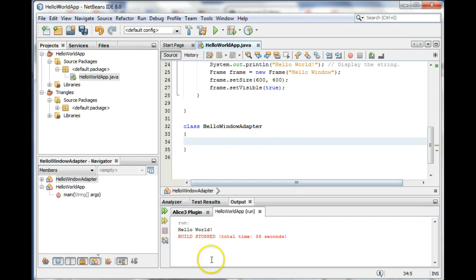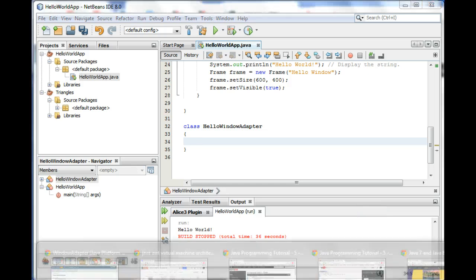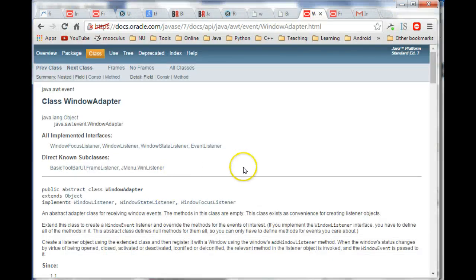Let's look at window adapters for a second. Again, this is something you can just Google: Java API window adapter. You can find this stuff. This one is part of the package